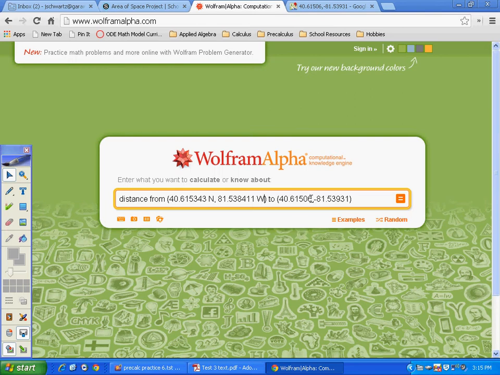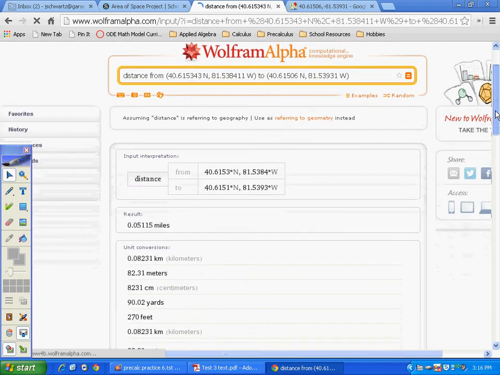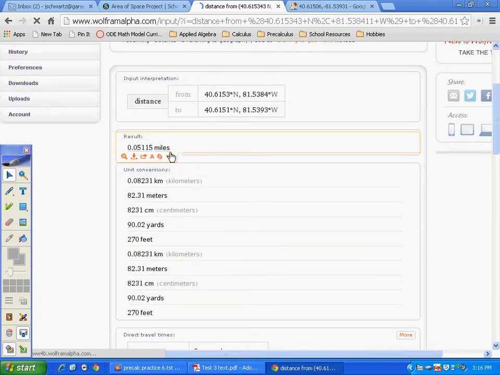I'm going to do the same with this. Again, north, I don't need my negative in the second number, and that refers to west. Okay? So if you look, my coordinates don't vary by much at all. When I hit enter, it might take a moment to think about this. You can see that it found my result in miles, kilometers, centimeters, yards, feet, and